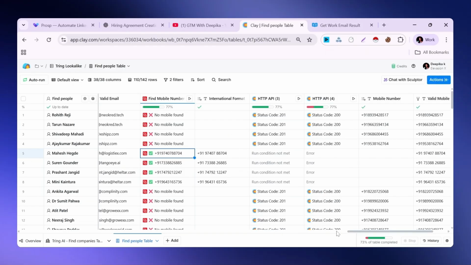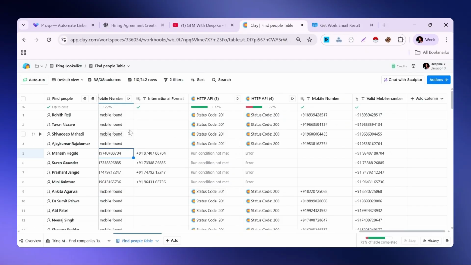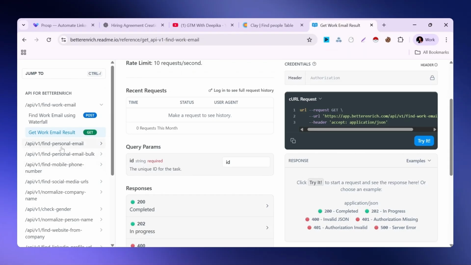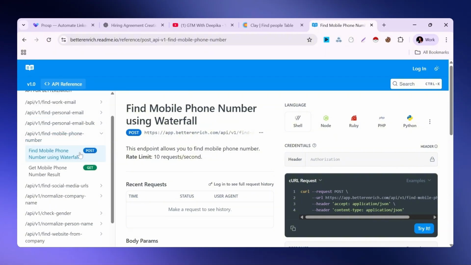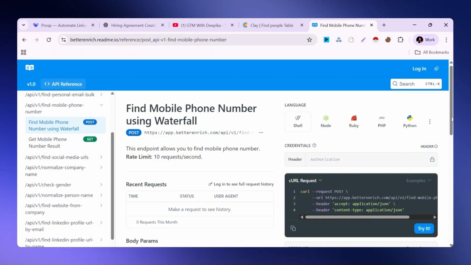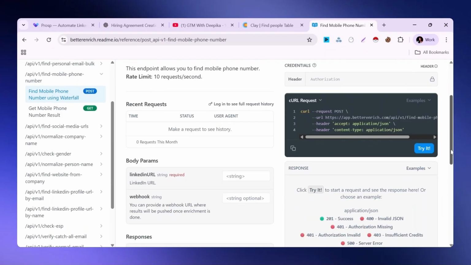And after that, we have to find the rest of the phone numbers, right? For that, I just use Better Enrich in the same way, as you can see in the Better Enrich documentation. We can see mobile number finding. So here is a POST method and GET method. When you see the POST method, we have to just create an enrichment column, that is, leave the result like ID. You'll know that, right?